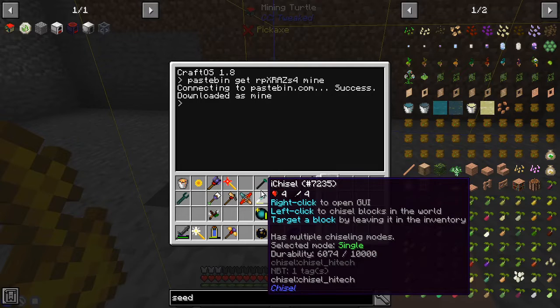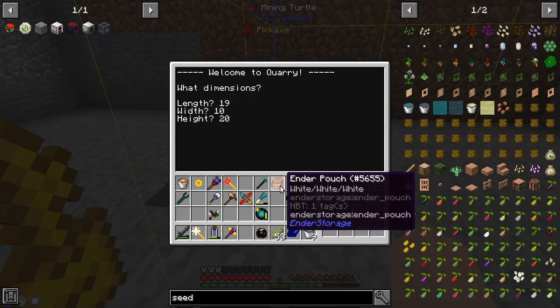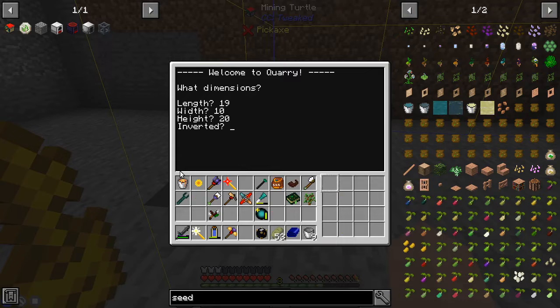And then we're going to tell him to mine, right? The length, that was going to be the 19 deep, the 19 across that we wanted him to do. And then the width, we're going to say 10. Height, let's go 20, right? 20 blocks should do. And then we do that. Inverted, yes, I do want you to be inverted this time. And then,